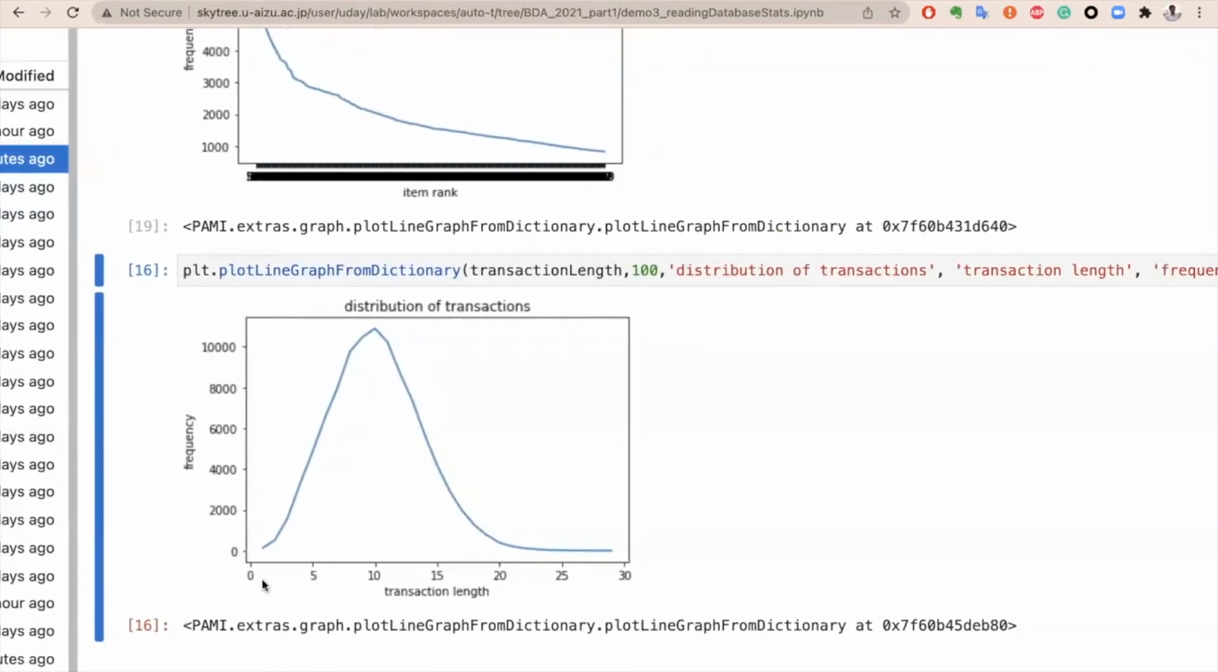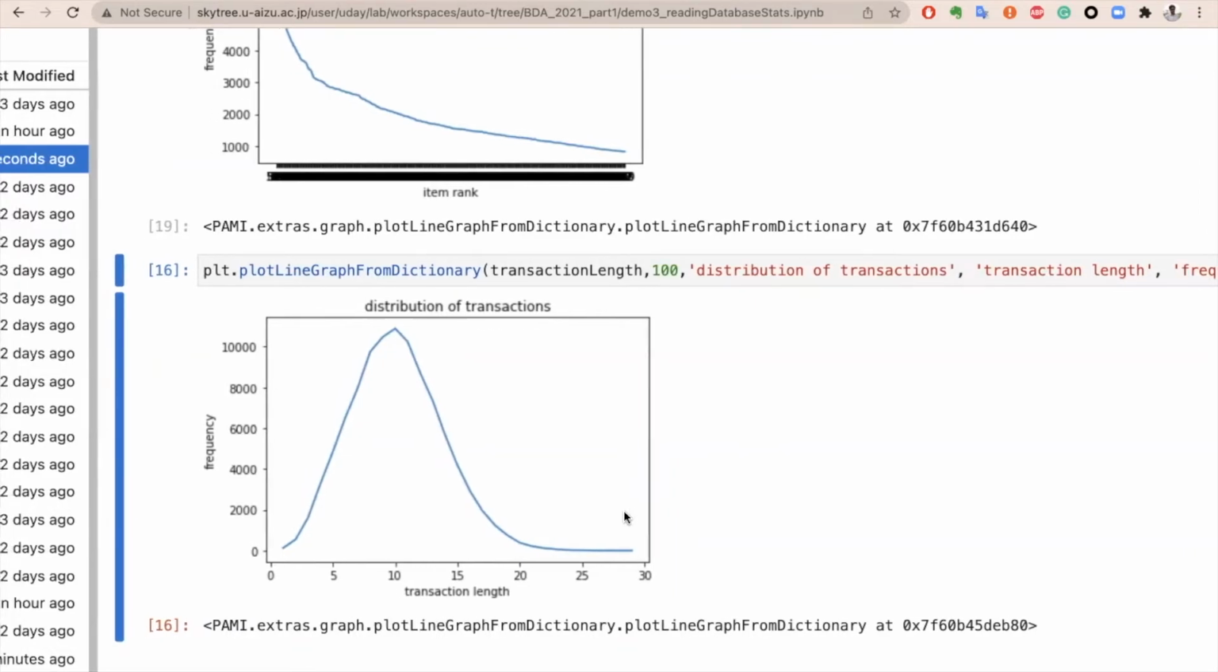Similarly, we can look at the distribution of transaction lengths, how the transactions are being distributed in the dataset. You can see that most transactions have a length of 10. So such kind of information can be found. Similarly, very few transactions have a very large number of items. Such crucial database statistics can be discovered from this